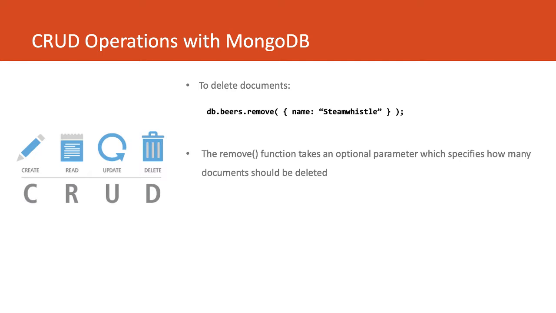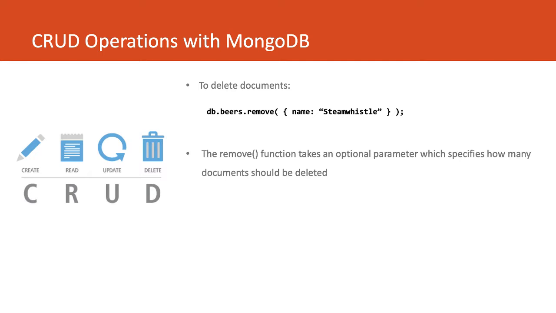Lastly, for deleting, we have the ability to remove documents from our collection. Same sort of thing with a name of Steam Whistle. And same thing as updating, we also have the ability to specify how many we want to remove. By default, I believe it will just remove the first one, which would make sense to match our update function. But don't always assume something like that,